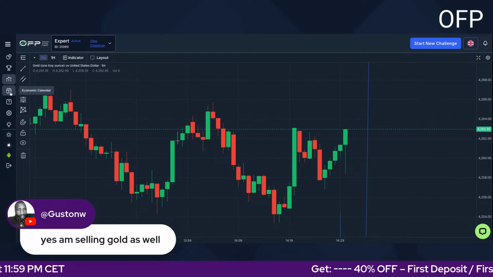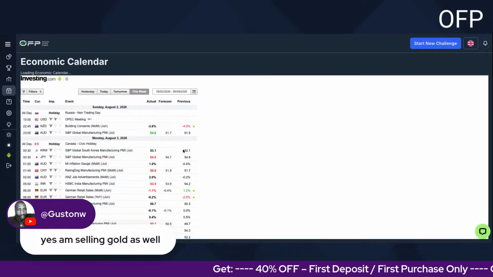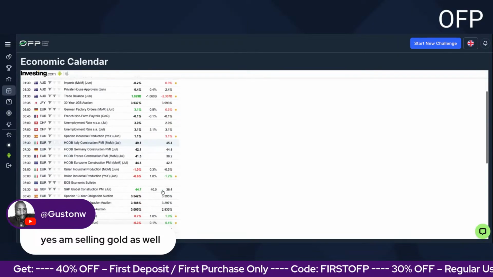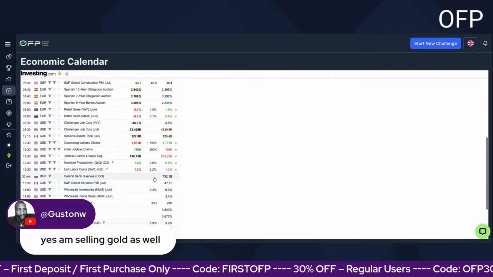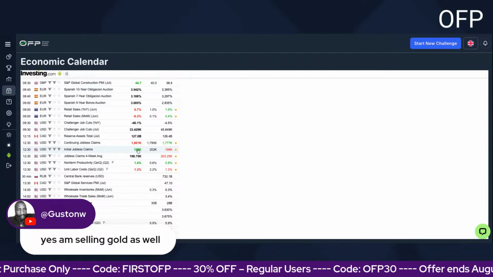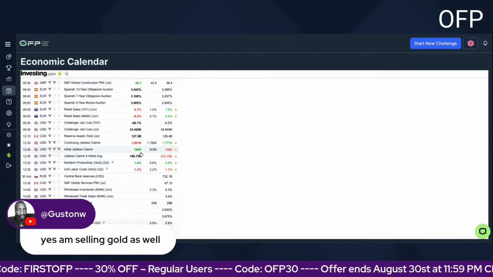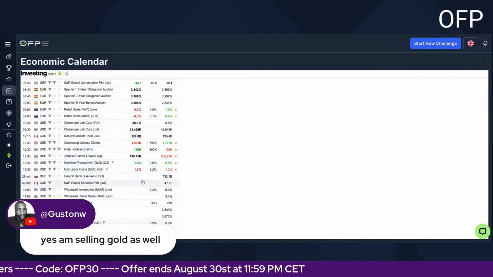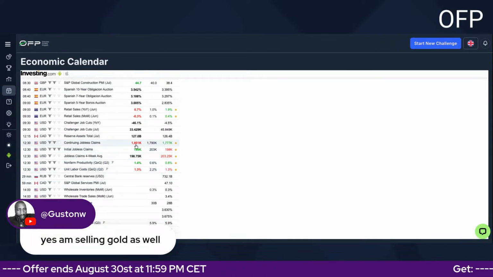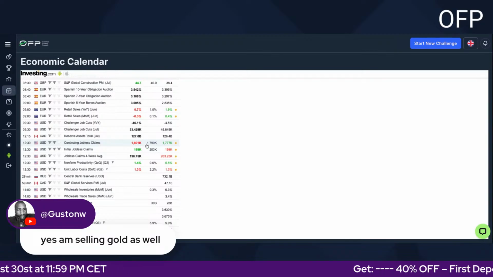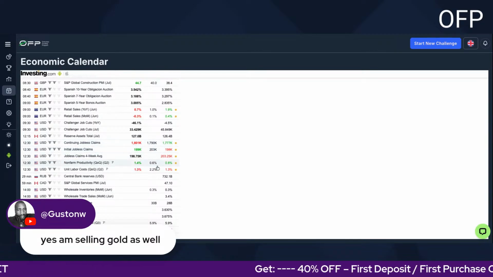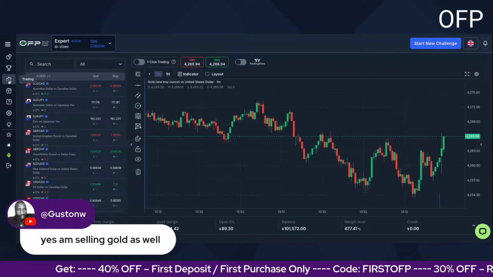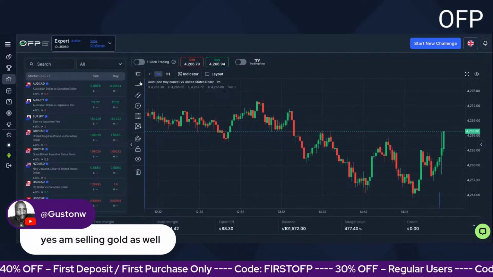So let us just jump into the calendar and see it for ourselves here. So we come to today and move to the current. Yeah, here we go. Better than expected, 199. And then we also have non-farm productivity better than expected. Unit labor costs worse than expected. Continued jobless claims a bit worse than expected. But overall, this is the main one which the market was waiting for. So right now, as you can see, it is pushing up.